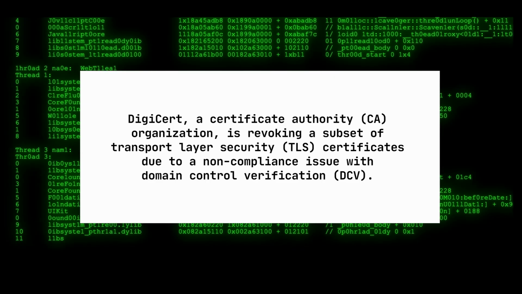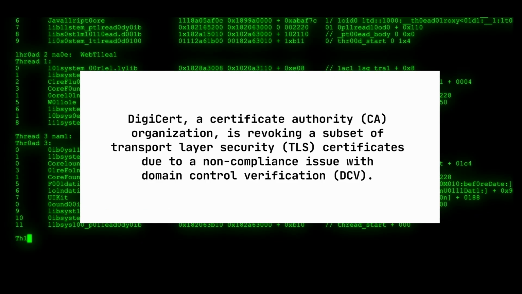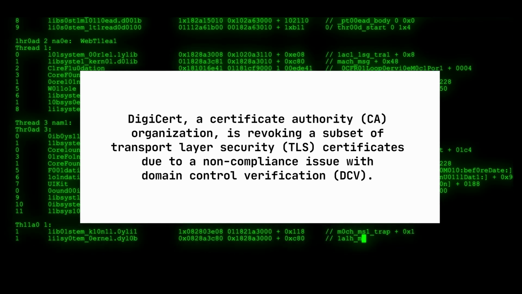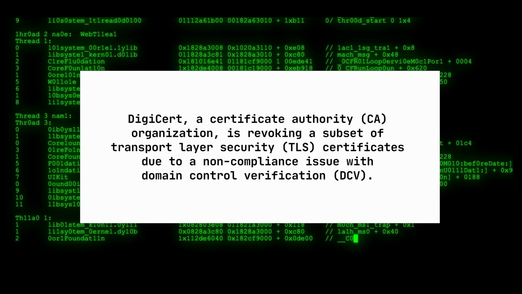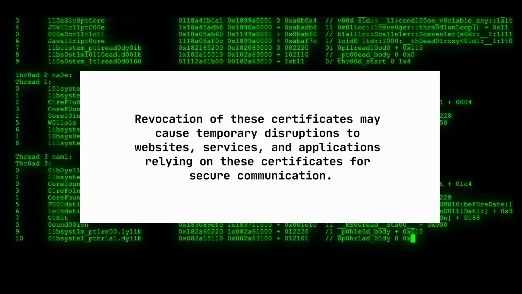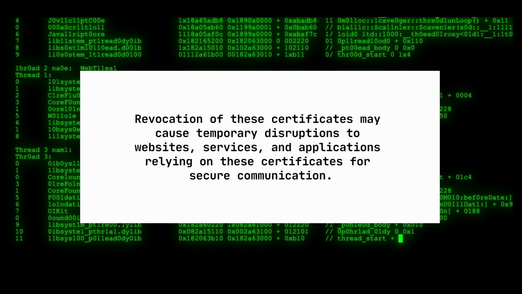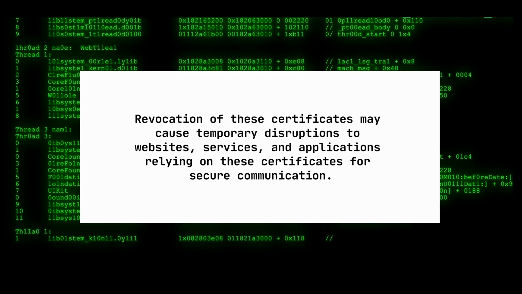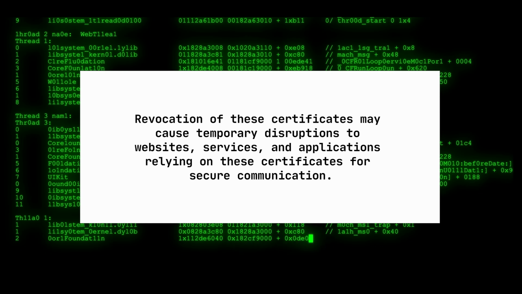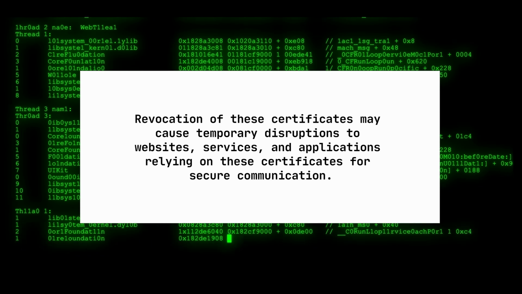CISA has been warning customers that they're going to revoke certificates that were issued with a flaw when it comes to the subdomains that are included inside of there. And CISA has put out a warning telling people, hey, once all of the certificates get revoked, there's going to be problems in terms of communication and encryption that is going to affect multiple applications in addition to websites and services out there. I'm happy that DigiCert found the flaw and is addressing this flaw, but at the same time,